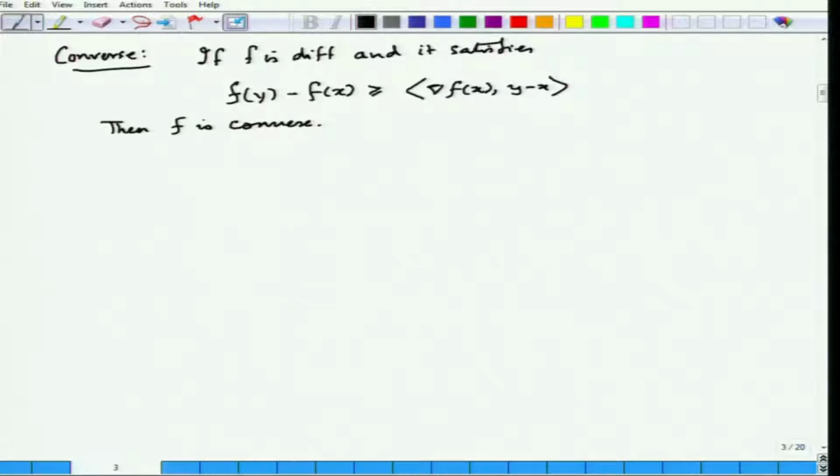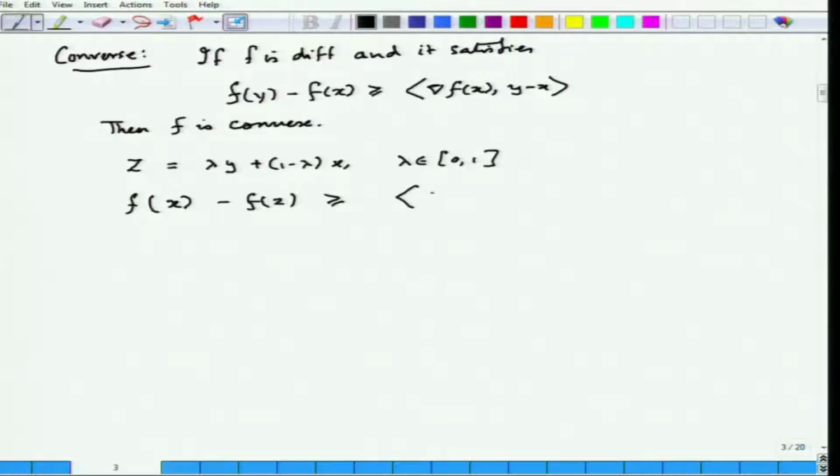So, I would not prove it, but I am just going to give a hint of the proof. Consider z as lambda y plus 1 minus lambda x, where lambda is some number between 0 and 1. Then f of x minus f of z is greater than or equal to gradient